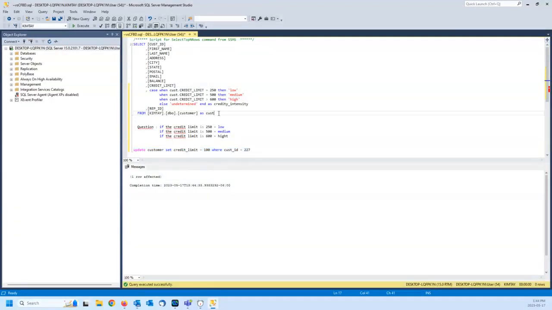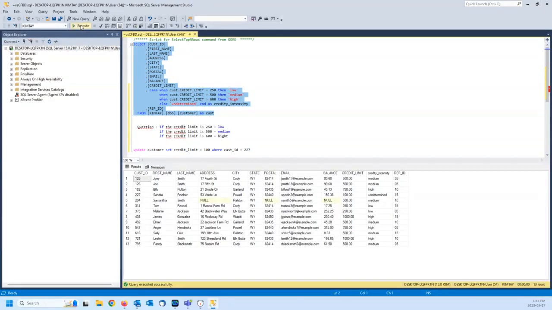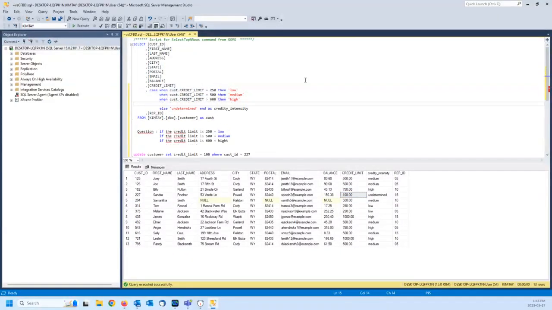So I updated Sandra Pincher, ID 227. I updated her credit limit to be only $100. So now she's coming up as undetermined. It is not looking at balance. It is not looking at the postal code or any other thing right now. Right? It is just looking at the credit limit. So we have a case where else has been followed, but we can also say that instead of saying else,